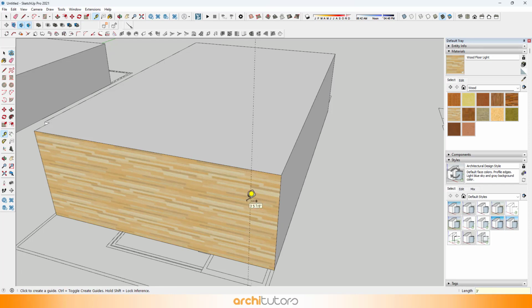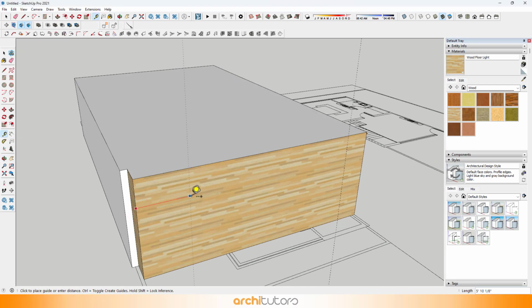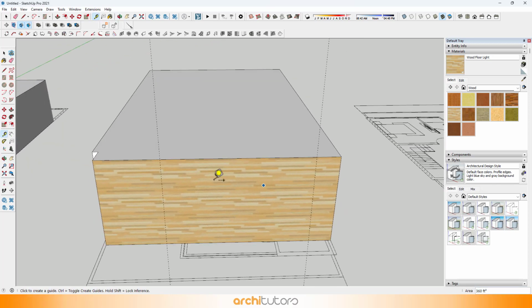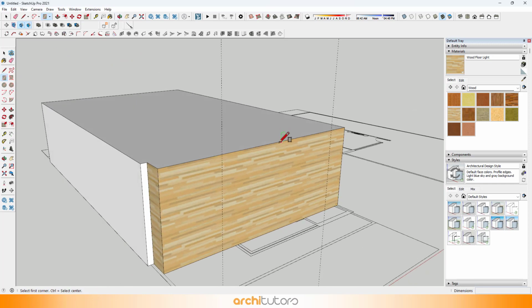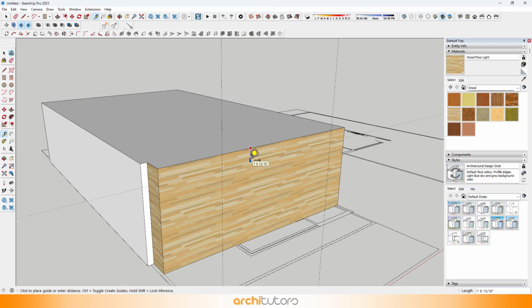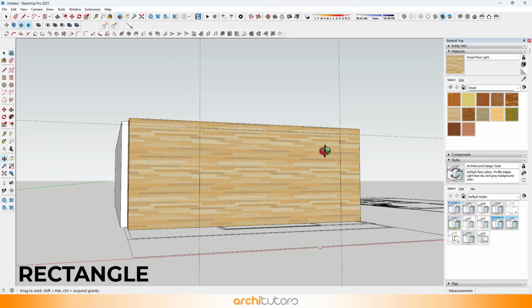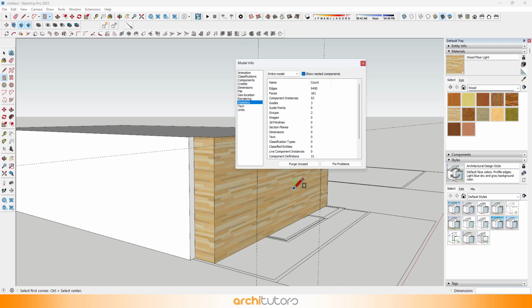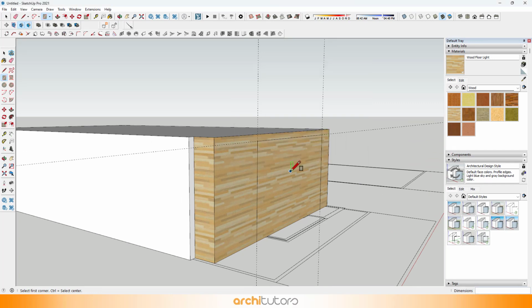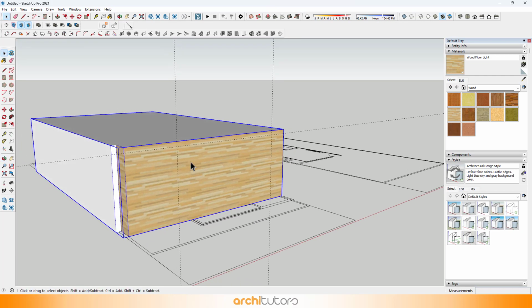You can use tape tool to create reference lines. It's always best to create different geometries into different groups.